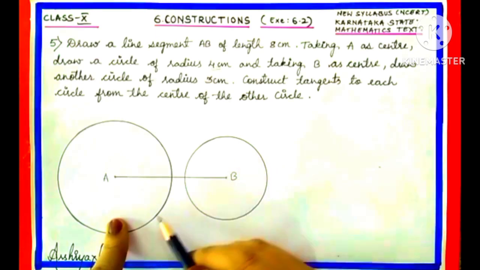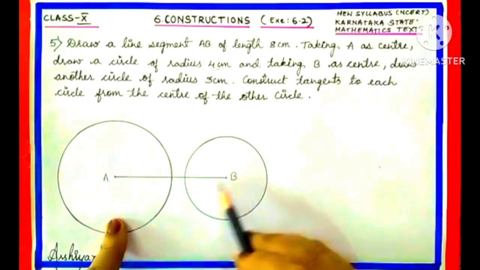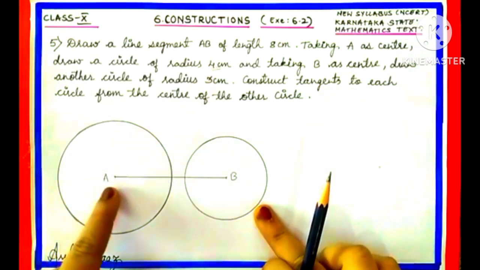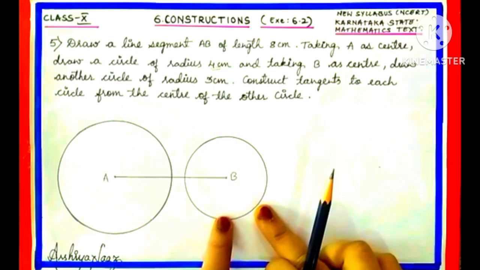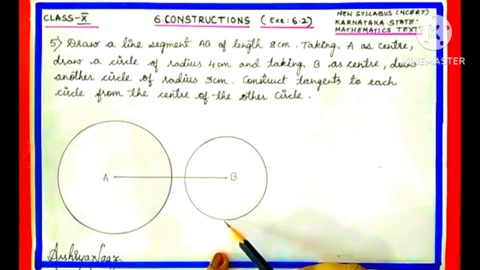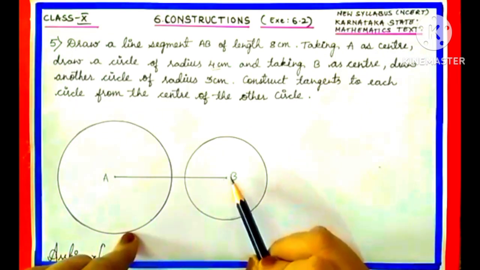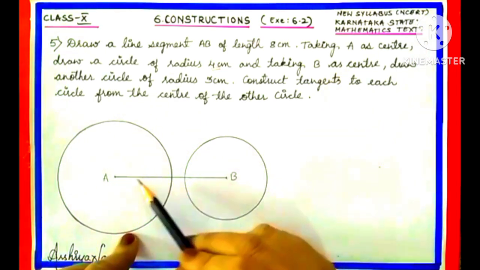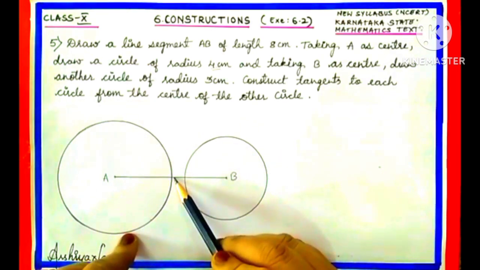This is an external point to this circle, means first circle. From this point we have to construct 2 tangents. And for this circle, we have to construct tangents from point A. The point A will be the external point to this circle. So from A, we get 2 tangents. So dear students, you already know how to construct the tangents from the external point to a circle. Yes, first we have to bisect the line AB and we have to find the midpoint.